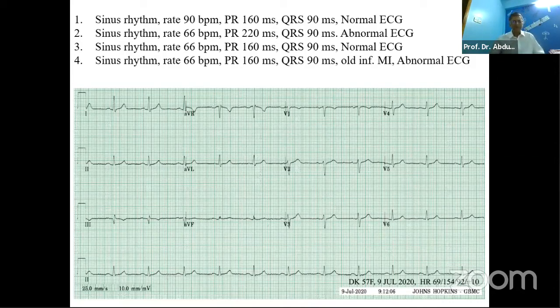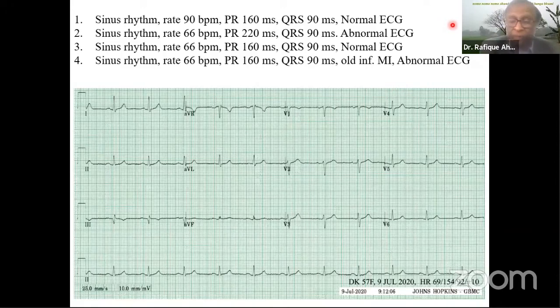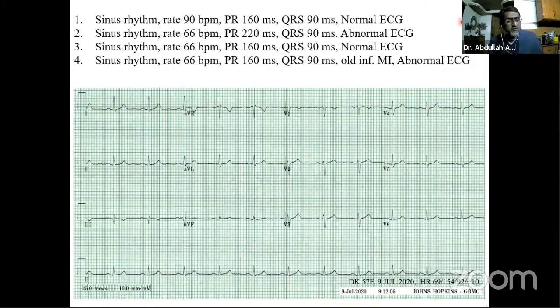Yes, thank you. That was the reason I put this diagnosis, because we always get confused with this kind of thing. Another thing I'd like to add regarding the Q in lead 3: if the patient holds a deep inspiration and the ECG is taken, this Q wave disappears and an R wave comes in lead 3. Okay, great, thank you.